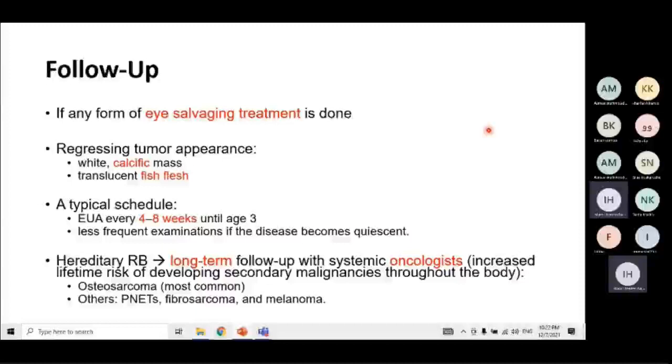Follow-up is mandatory in those patients after successful treatment. Especially if eye salvaging, if you don't enucleate the eye, you need to follow it up thoroughly, because there may be recurrence of the tumor. Once the tumor regresses, it takes one of 2 appearances, either a calcific mass or a fish flesh appearance. So it's not very vascular and very active like the